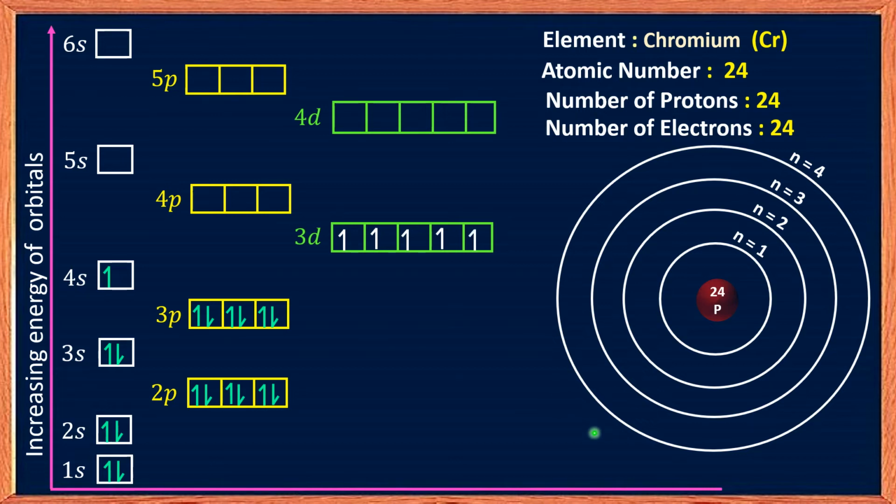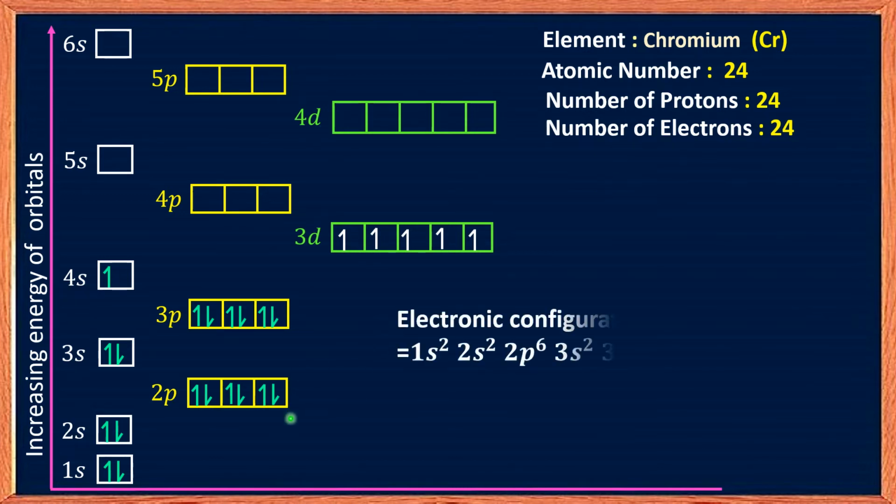That's all. So in this way, chromium has half-filled 3d orbitals. When half-filled 3d orbitals or completely filled 3d orbitals are available, then the atoms will get some extra stability. Okay, so the electronic configuration of chromium is now